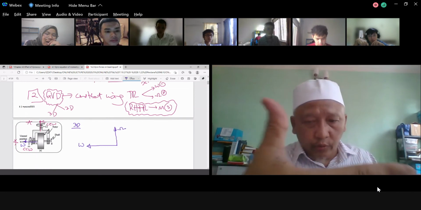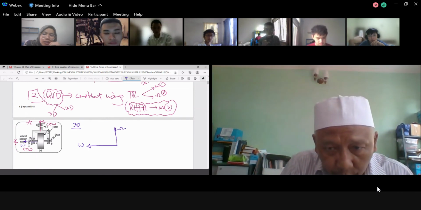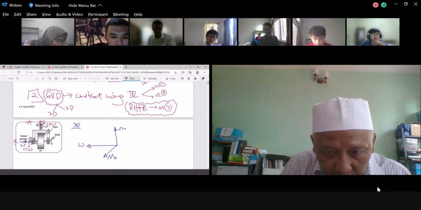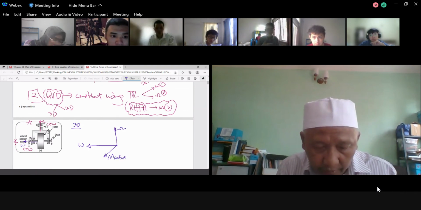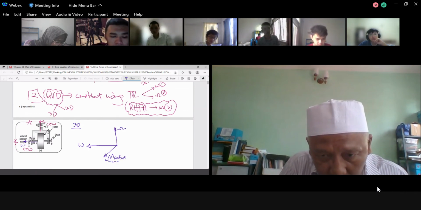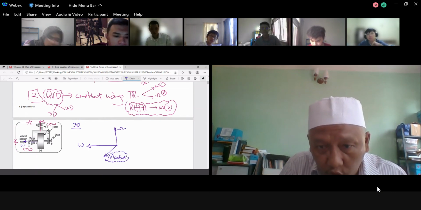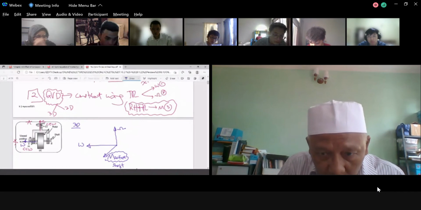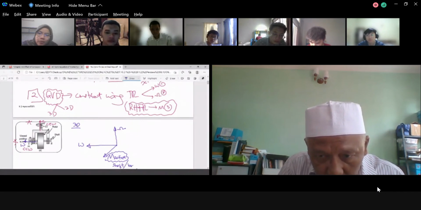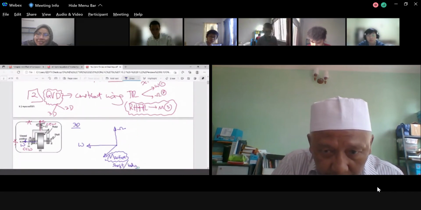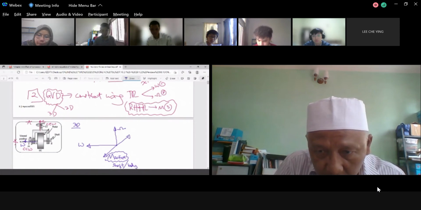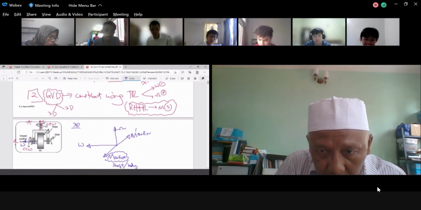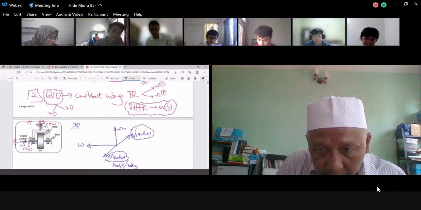The couple is pointing to you. So the couple will be pointing to you. This is M active. I'm sorry about that just now. And typically, as I mentioned earlier, this M active is on the shaft, or if not the shaft, on the body. And the M reactive is the same. This one is typically on the bearing.